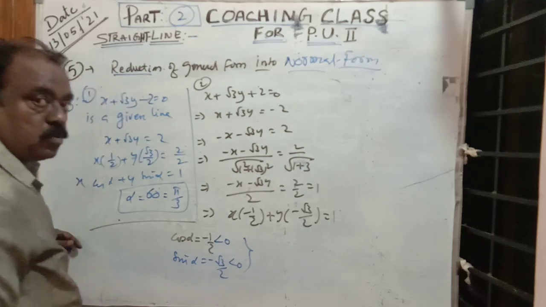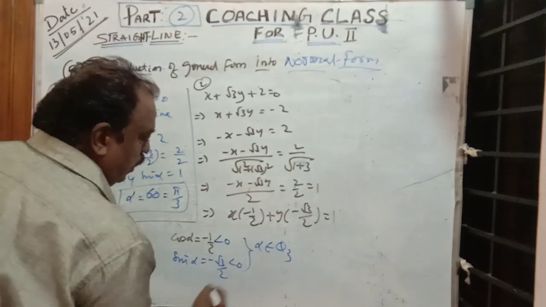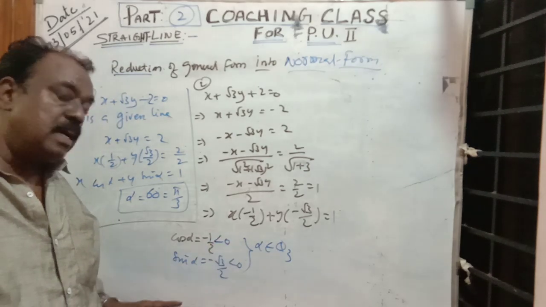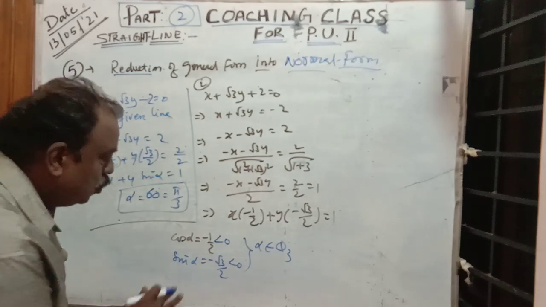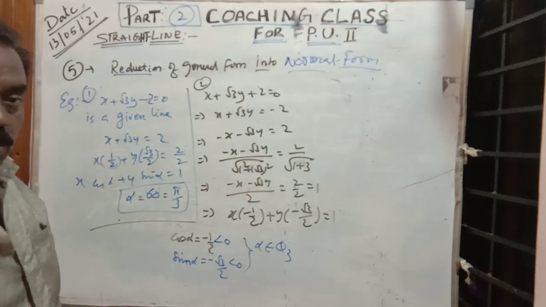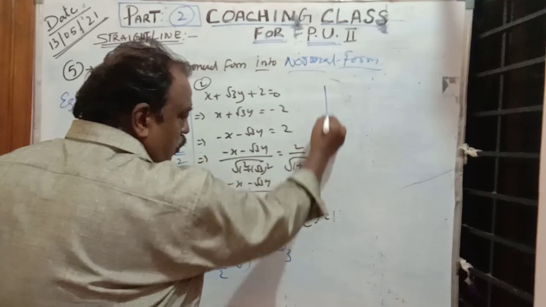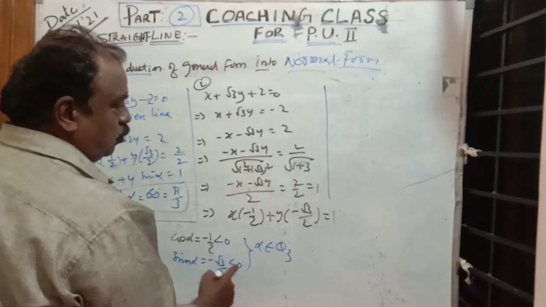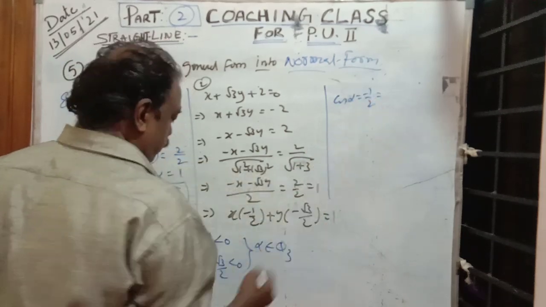Both are negatives. When both are negatives, alpha belongs to Q3. Also what is the T caps rule? In the third quadrant, tan and cot only are positive. Here sin and cos are negatives. So alpha belongs to Q3, the third quadrant. Then how can you find the alpha value? Here cos alpha is equal to minus 1 by 2. I will write here minus 1 by 2.